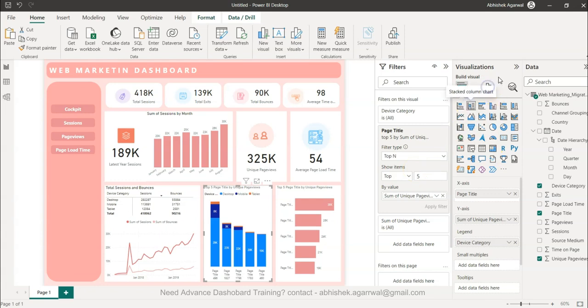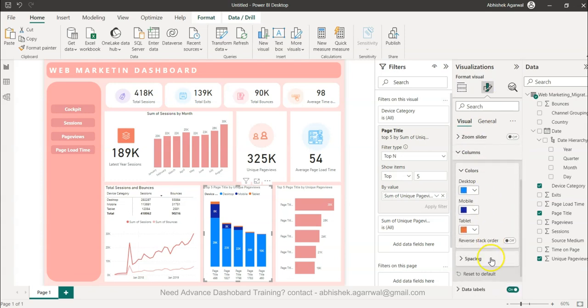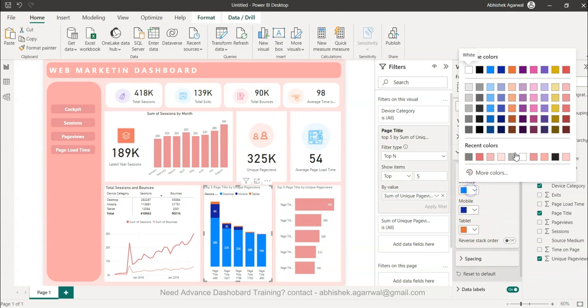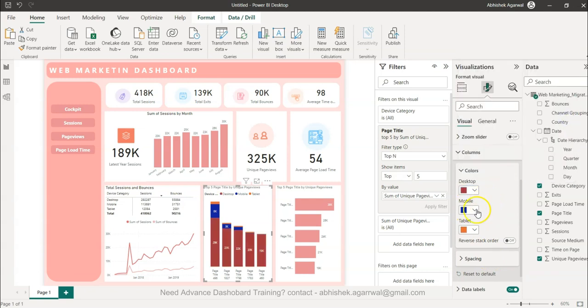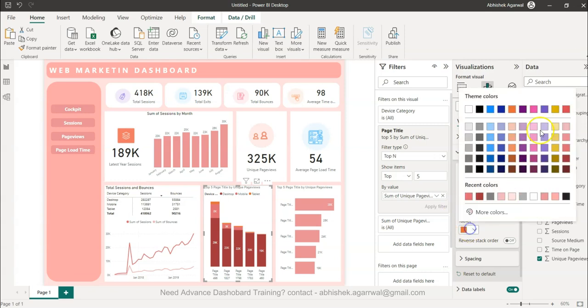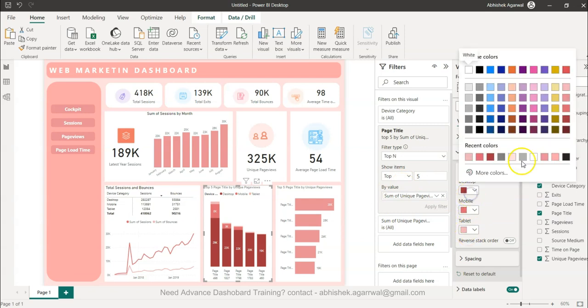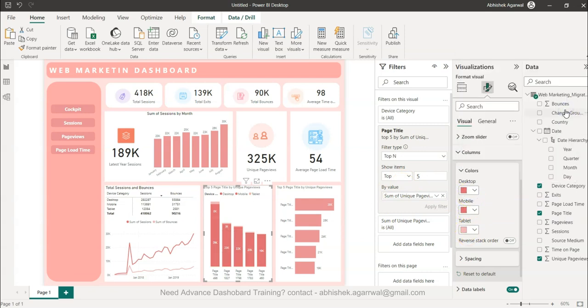But we then need to choose the right colors. So the right colors we can choose here by coming into the column. So first thing is desktop, we will choose the darker. For mobile, we will choose the lighter, and for tablet we will choose the lightest because it is the lowest, right? So looks like desktop is very high or very dark, but this is very light,